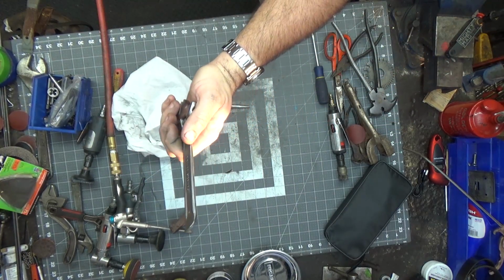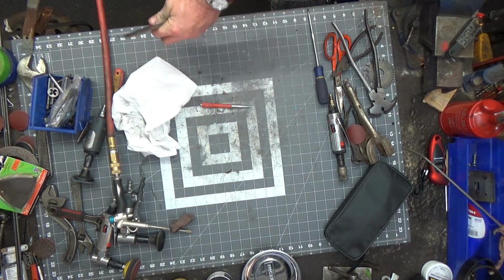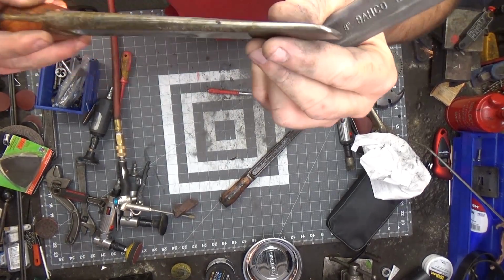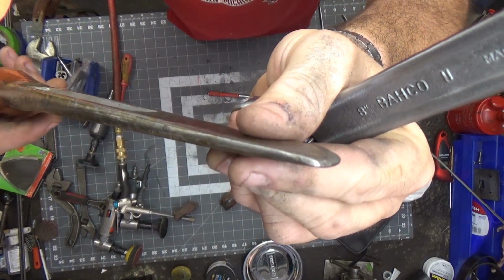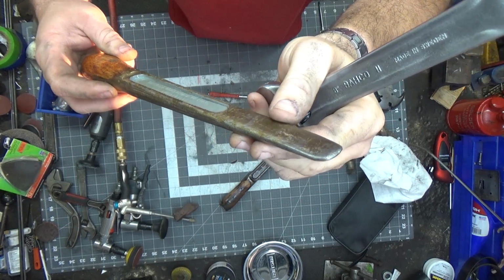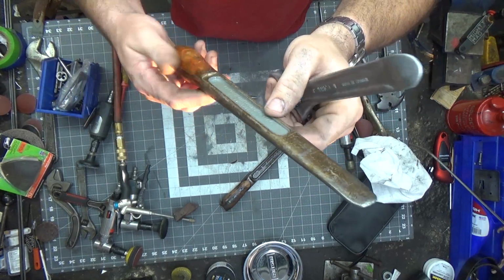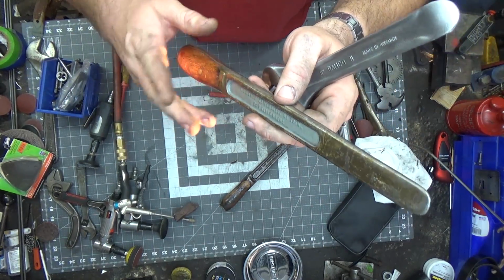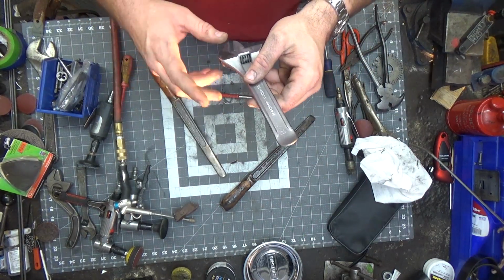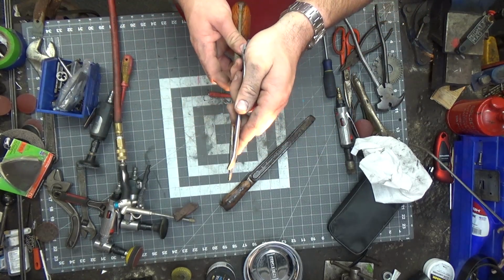I had traded another viewer some years ago for a, oh jeez. Sorry, it took me a minute, had them in the wrong drawer. You can see, like a tire tool. This is a perfect handle tire tool. The shellac on this restoration isn't really hanging in there like I was hoping it would. I mean, the tool gets used, so it's a little bit beat up. But anyway, I traded a viewer of mine for this. It was an awesome trade. Thank you, Rusty. The profile on the end of this, they're not exactly the same, but this